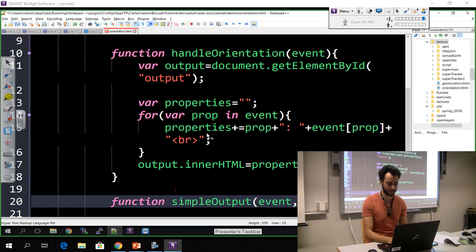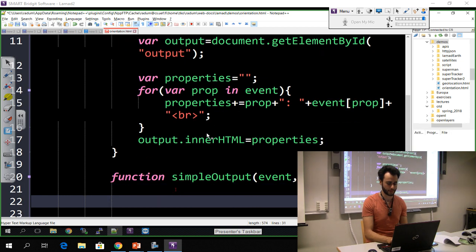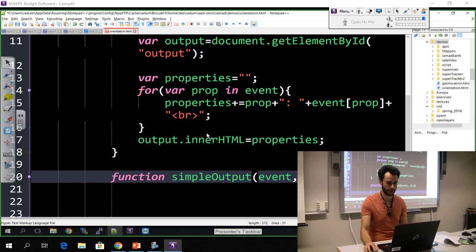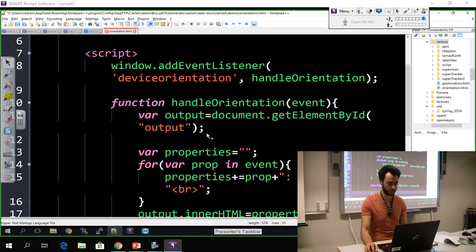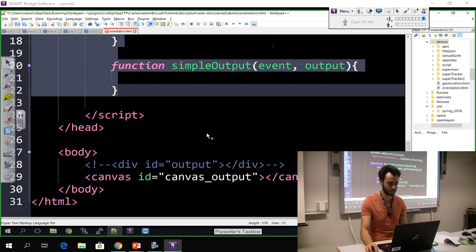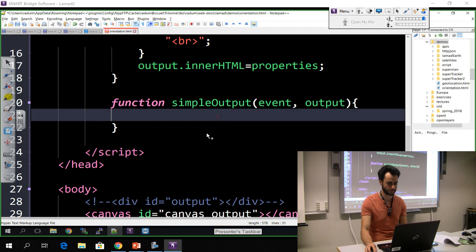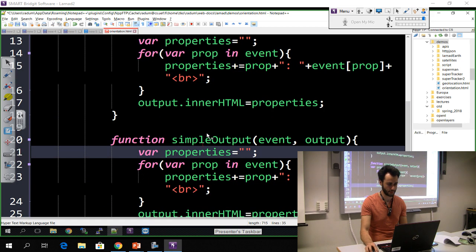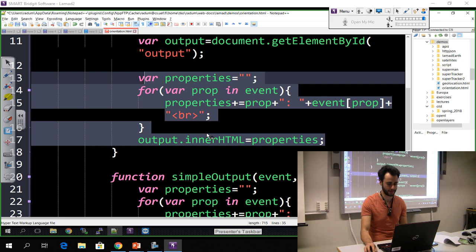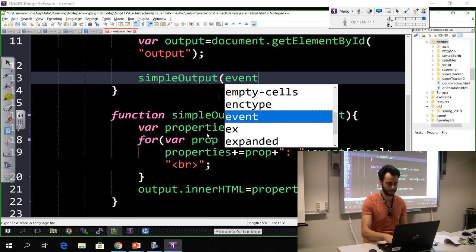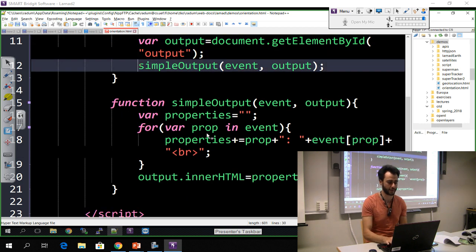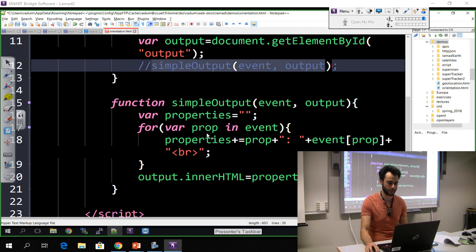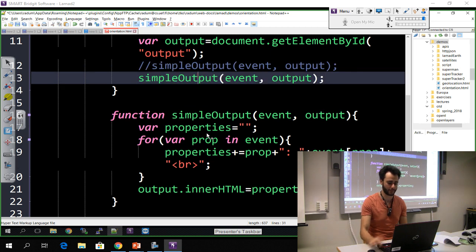This function will take the event and the div, the output container, and I'm just going to paste this whole thing in there. And basically, if I call here simple output of event and output, the program should still work the same as before. And I'm just going to comment out this simple output, and I'm going to make a new